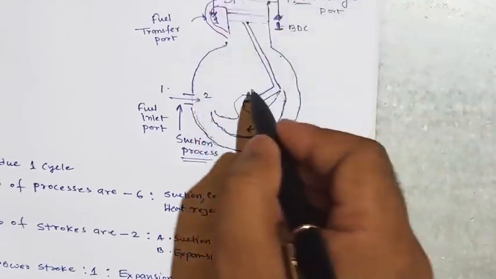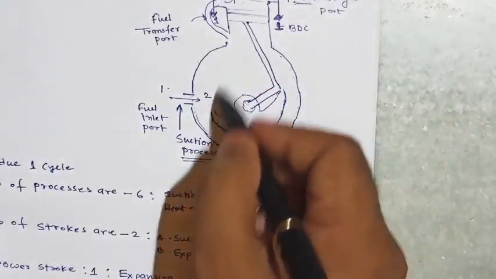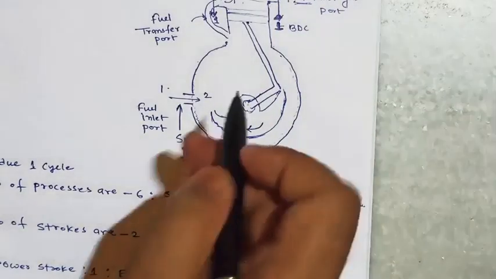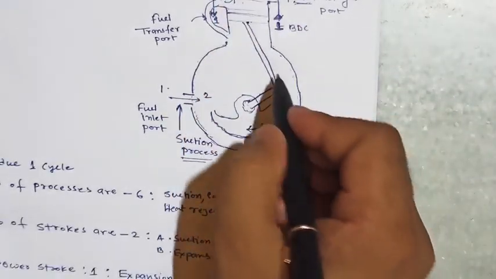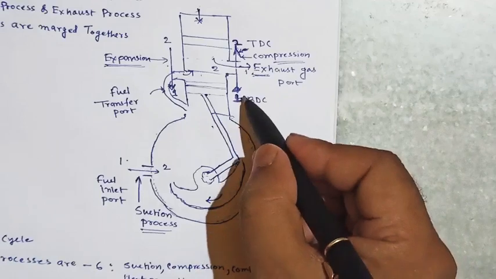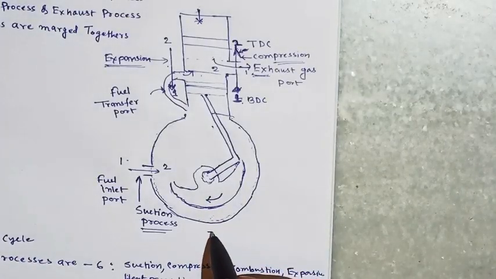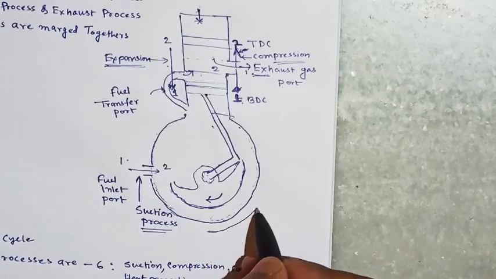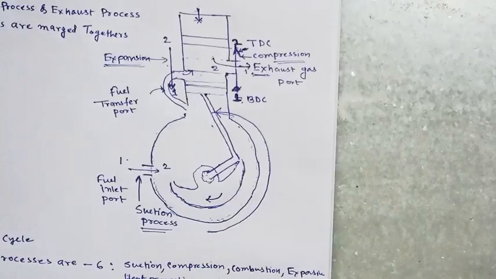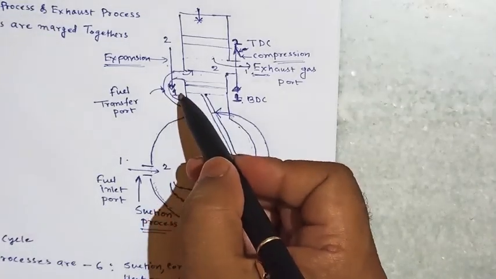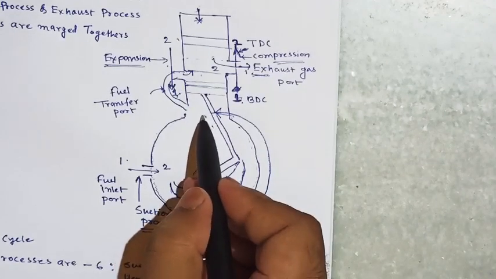The crank will rotate half for this 1 to 2, and after that half for 2 to 1. So for the movement of the piston from 1 to 2, the crank will rotate from this point to this, and after that when it's moving from 2 to 1, it will further move here